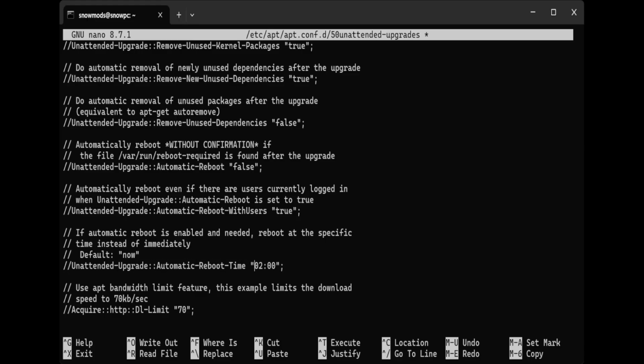We could type as soon as it gets done, basically, which is now. But you can also set a time. If you set a time, that means at that time, every single time it updates, it will auto reboot for you. So why we do that is so if you haven't set the automatic reboot